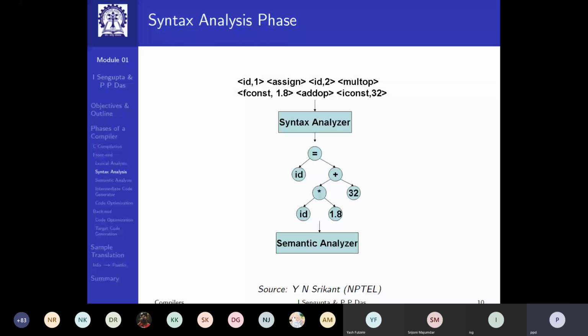If we look into this tree, at the beginning only the operator star can actually operate, because it is the only operator node which has both child expressions, ID and 1.8, primitive, so they can be computed by this multiplication. So in this tree, it is unambiguous that this multiplication has to happen first. Once that has happened, then this